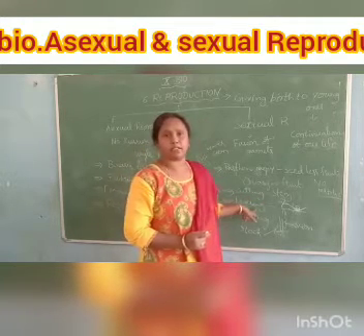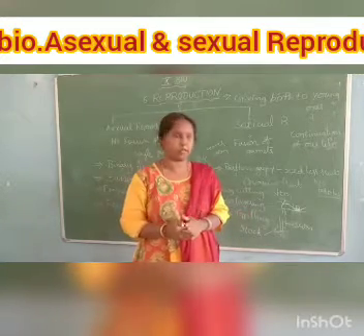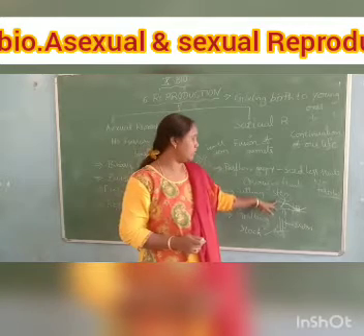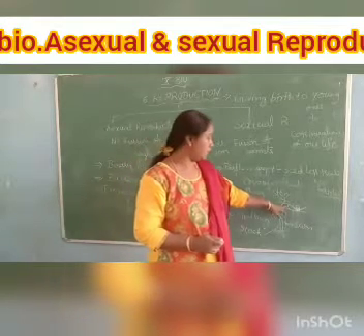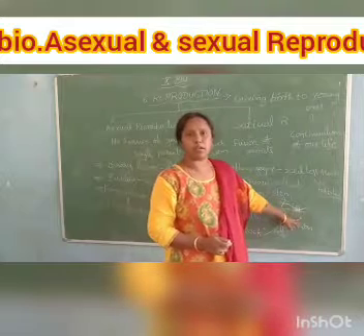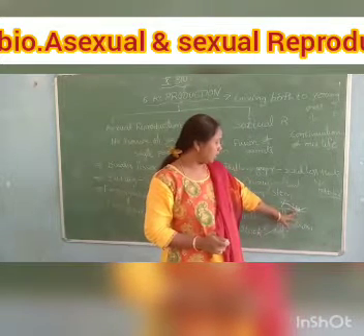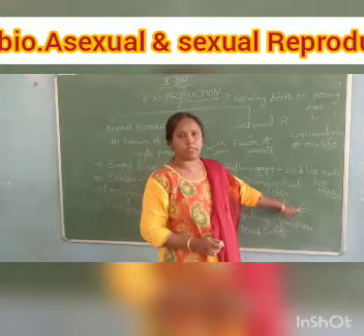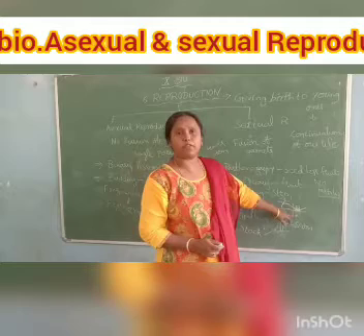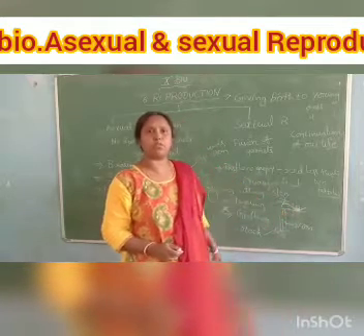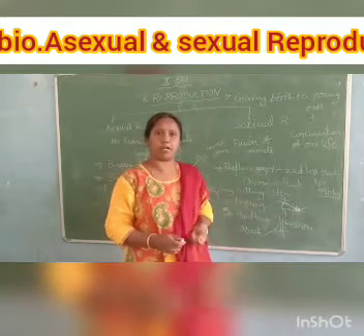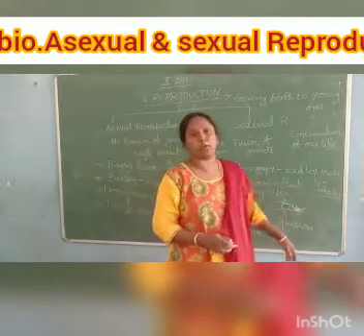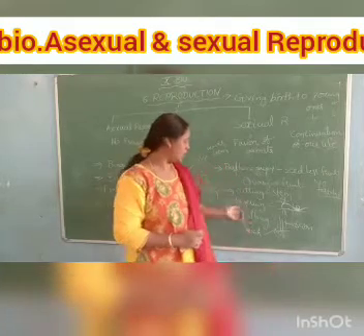Next, layering. No need to cut the branch of the stem first. Select one plant, and bend one branch of the stem near to the land and touch it to the ground. Pour some soil, keep one weight, and pour water. After a few days, if you observe, some roots will grow from that attached part. Cut that part and it grows like a new plant. So that is nothing but layering.